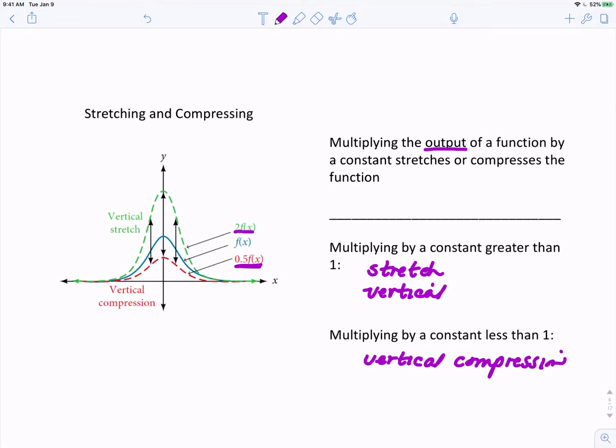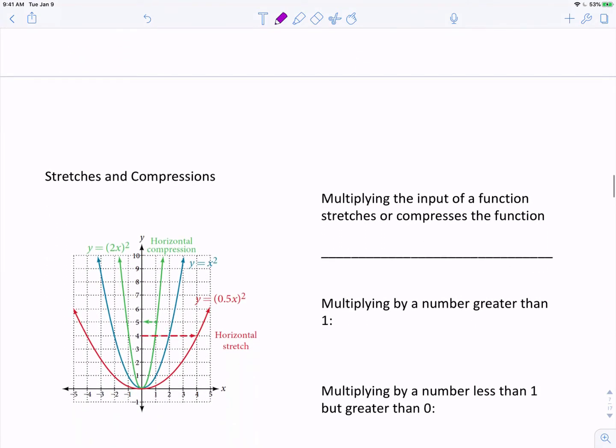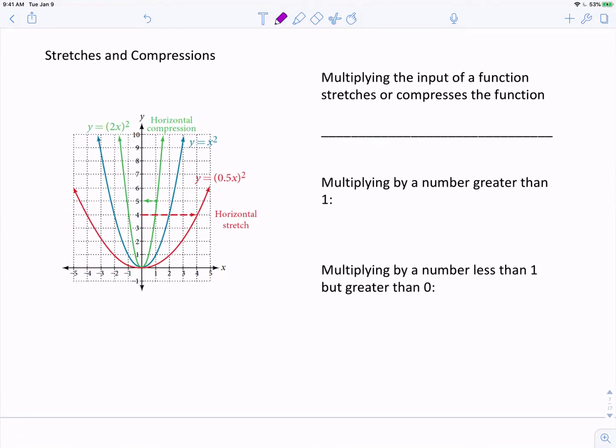Okay, so finally, our last one would be, what happens when you multiply the input of a function by a constant? Okay, so if you multiply the input by a constant, again, it also stretches or compresses, but instead of compressing or stretching vertically, it stretches or compresses the function horizontally. So let's look at this picture. If you multiply by a number greater than 1, so for example, multiplying by 2,